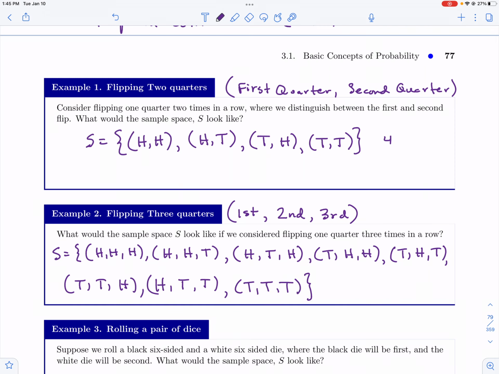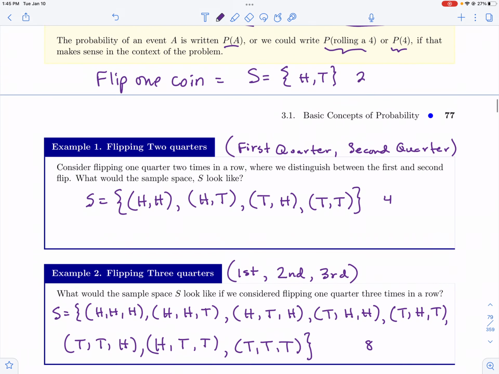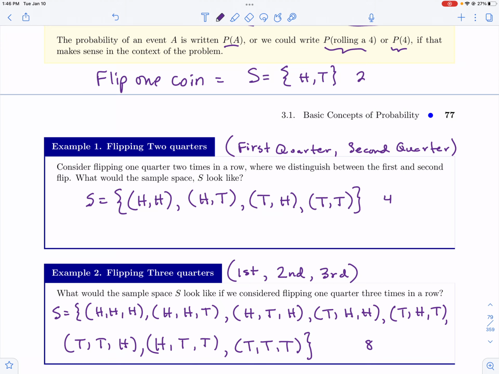And if I've done this correctly, there should be 8 total in our sample size. So 1, 2, 3, 4, 5, 6, 7, 8. So perfect, our sample size is 8. And so you may recognize a pattern of where these numbers are actually coming from. We've got 2 possible choices for our outcomes, either heads or tails. And then the number of coins that we're flipping is going to be the exponent for each of these answers. So in the flipping of 1 coin, for example, our 2 possible outcomes were heads or tails,